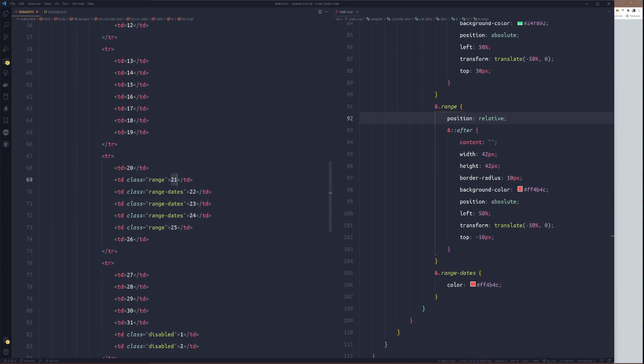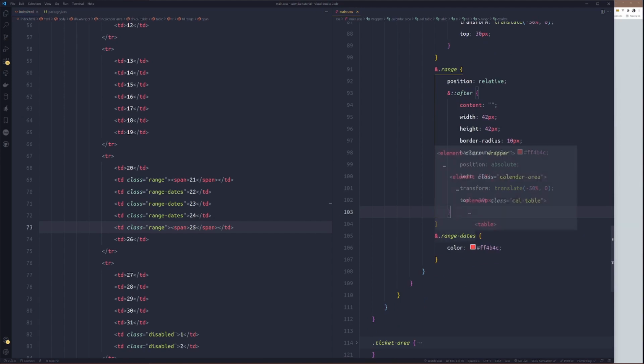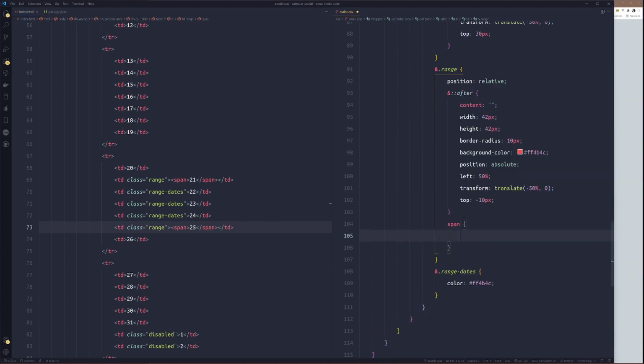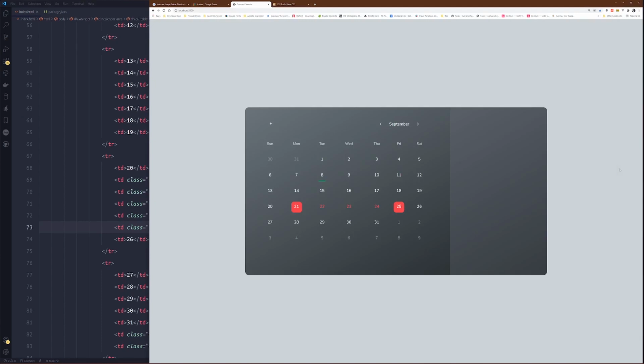We'll wrap this one with a span tag, this 21 with a span tag, as well as this 25. Then we'll target the span. No need to give the span a class. You just set the position to relative, then z-index, like 9, so that you push the items up.